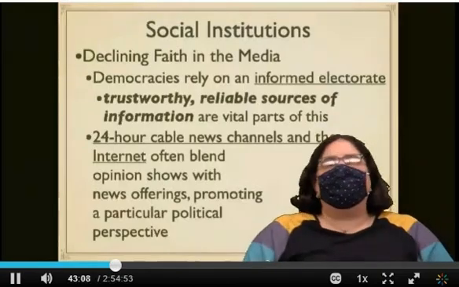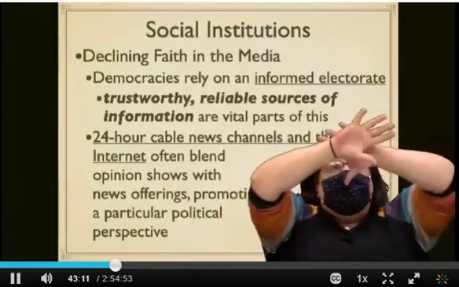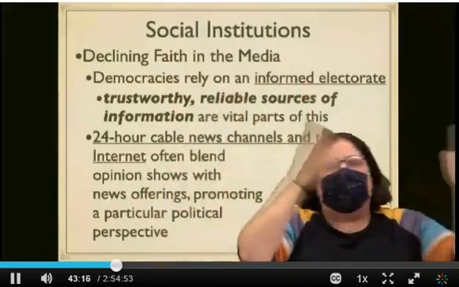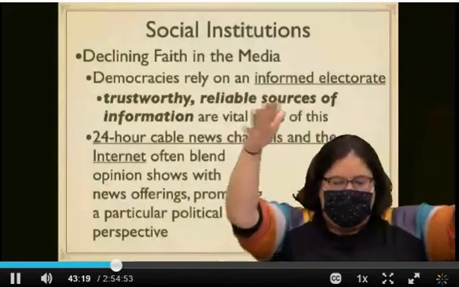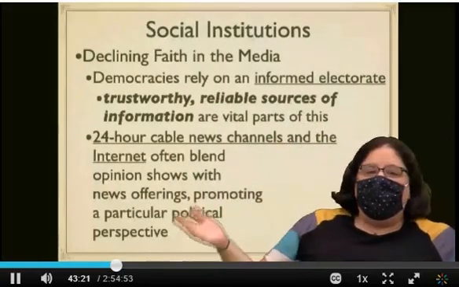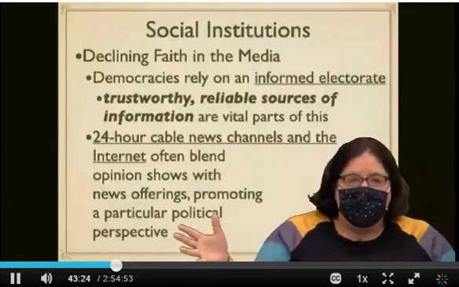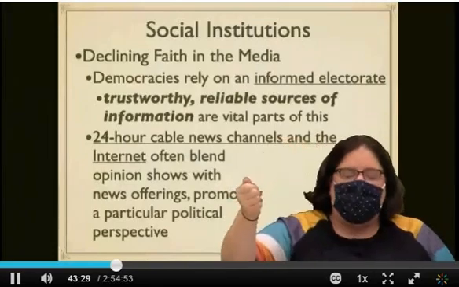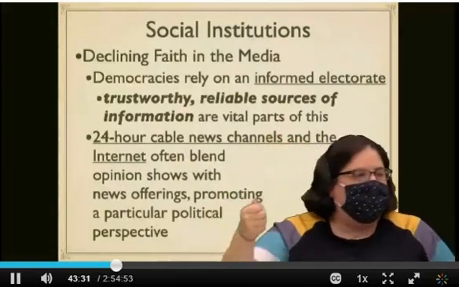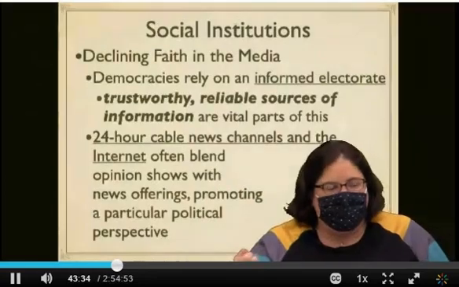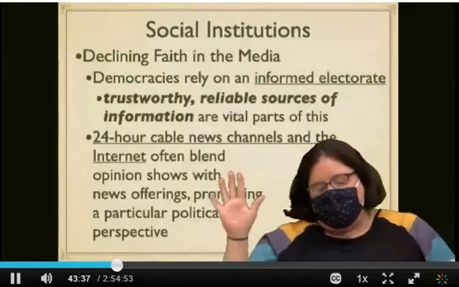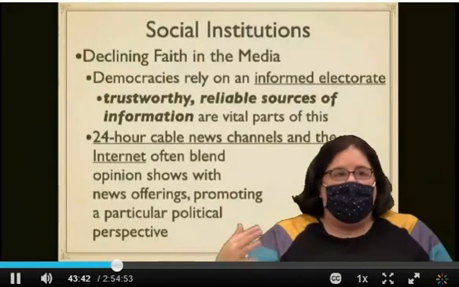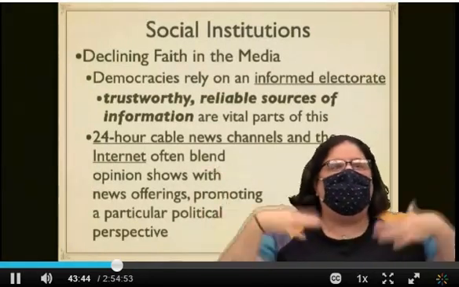I'm sure you've all seen somewhere in social media that chart of all the different news organizations and whether they're center or right or left, or fact checking or non-fact checking. But the point is, there's so much information out there now. It used to be if you wanted reliable information, you knew you could turn on Walter Cronkite at 6 p.m. and get unbiased, factual information. Whether that was true or not doesn't matter. That's what people thought. And so now, almost nobody believes you can just turn on the TV and believe what you hear at face value.